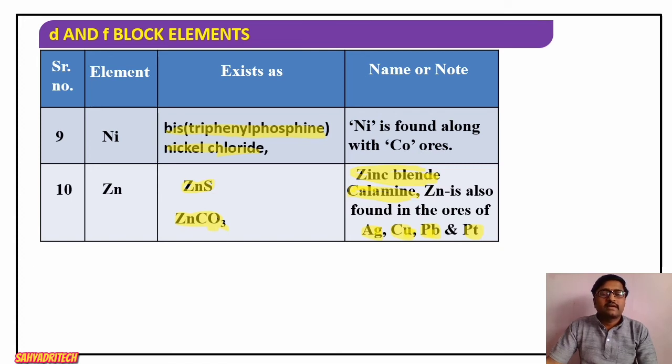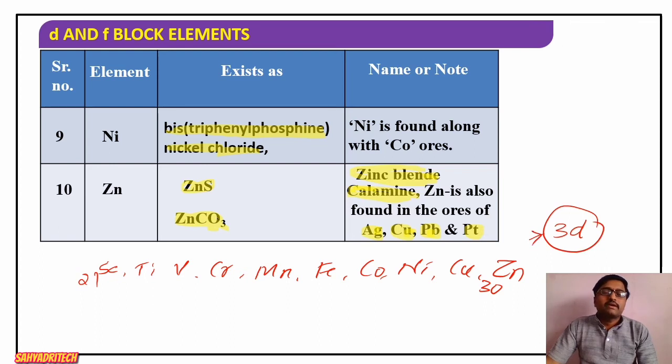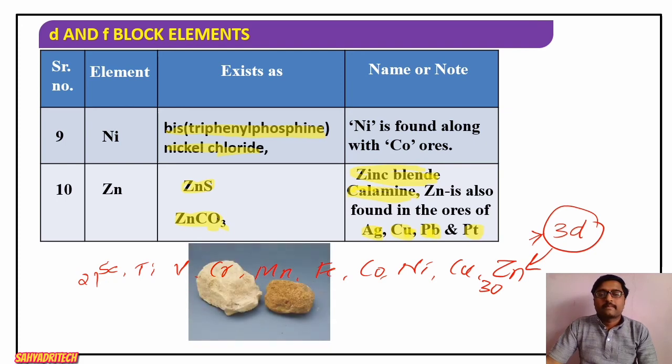What are those elements? Scandium, titanium. Okay, what are the elements included? Scandium, titanium, vanadium, chromium, manganese, iron, cobalt, nickel, copper, and zinc. So these are the 10 elements. Atomic number 21 to 30. It constitutes the 3d series, the first transition series, and we considered the combined form of these 3d series elements. So please remember the combined form of all these 3d series elements, which is very, very important one.